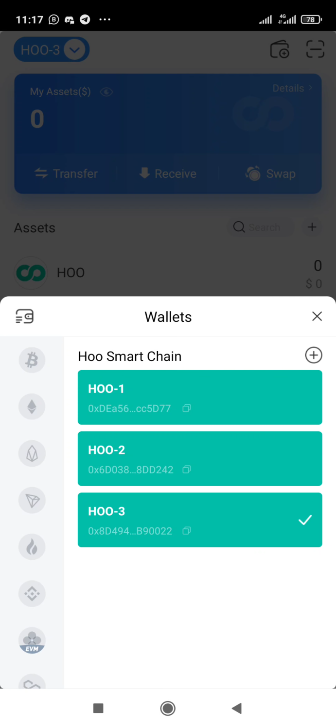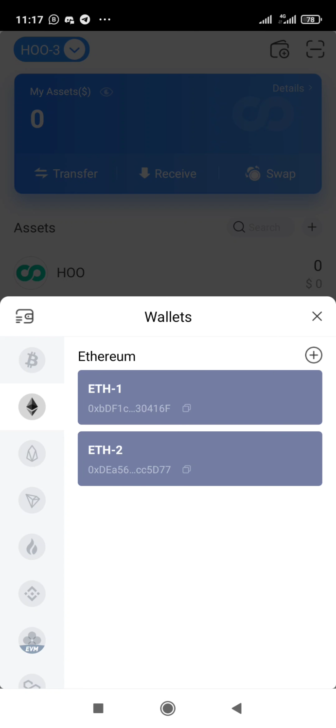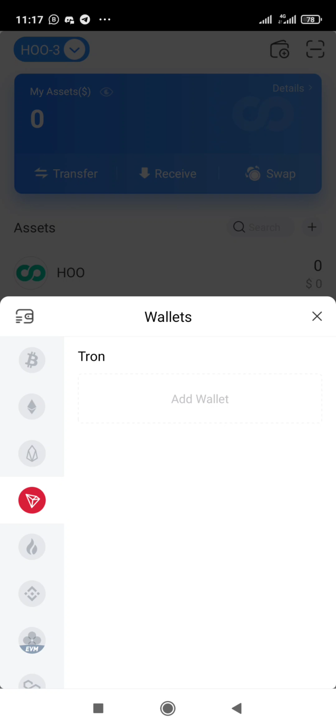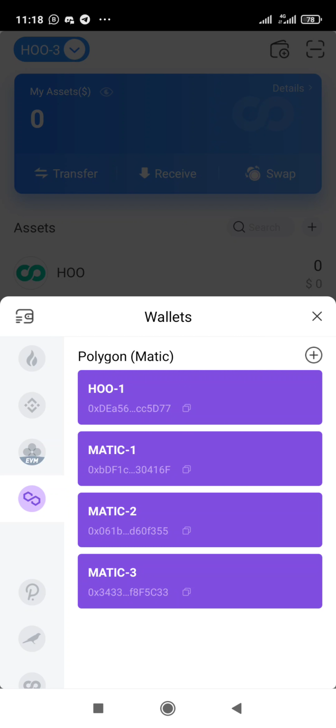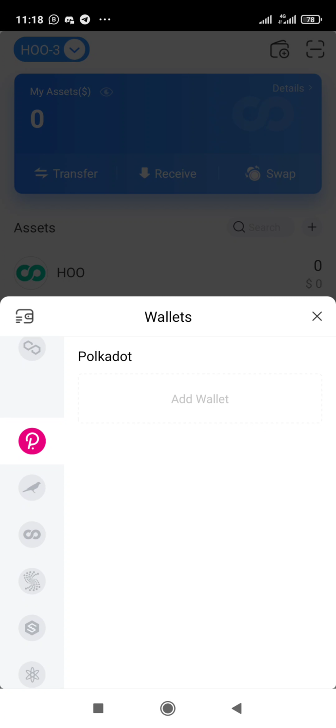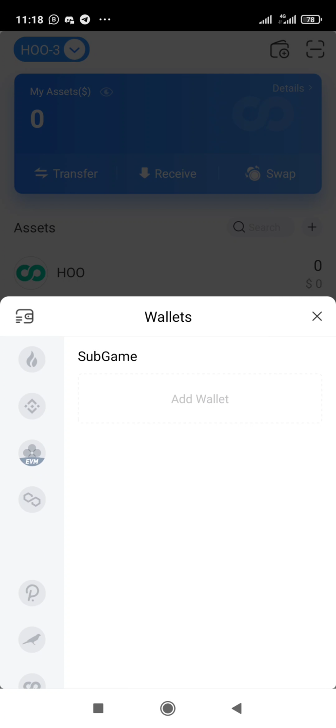So when you are asked to use Smart Chain, Ethereum Smart Chain, the Binance Smart Chain, you get all of them here. So this is the Bitcoin public chain, this is the Ethereum public chain, EOS public chain, Tron public chain, Echo public chain, the Binance public chain, that is the Binance Smart Chain public chain, OKS public chain, the Matic public chain, Polkadot public chain, Kusama, Smart Chain. These are it. So you import your wallet on whichever one you want to use. Your same wallet, one wallet, you can use on several different public chains.